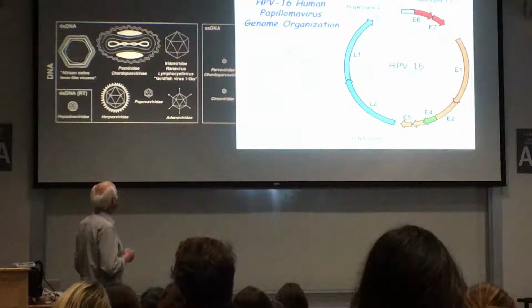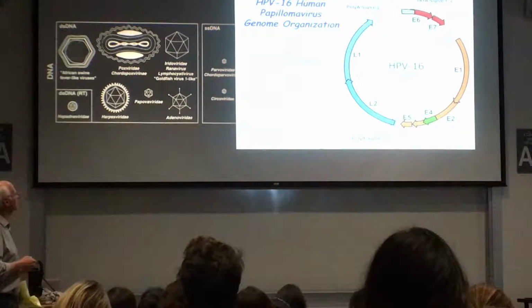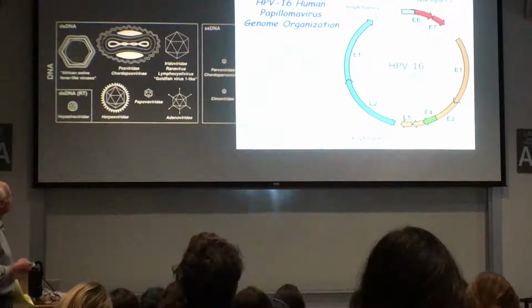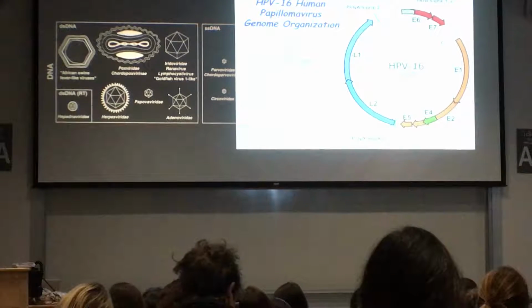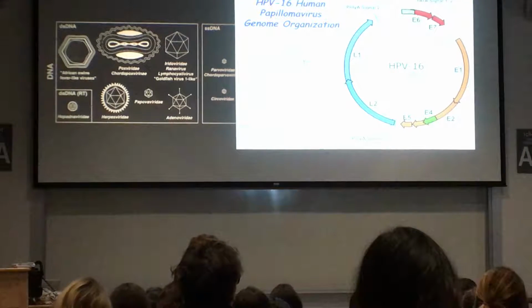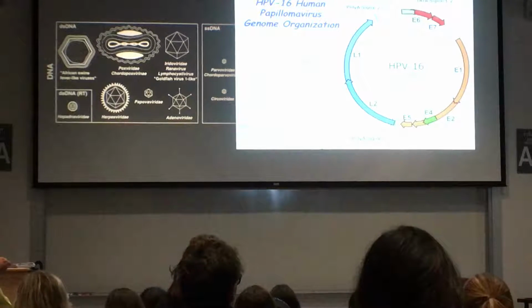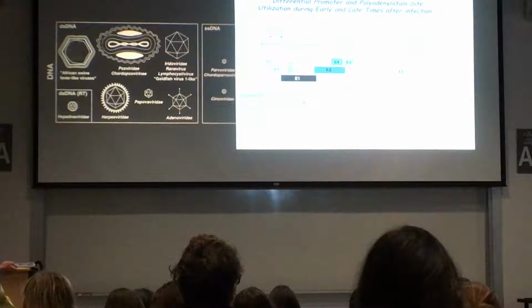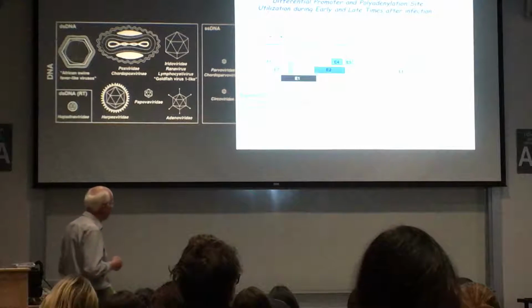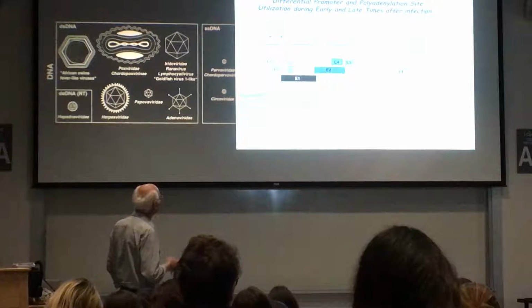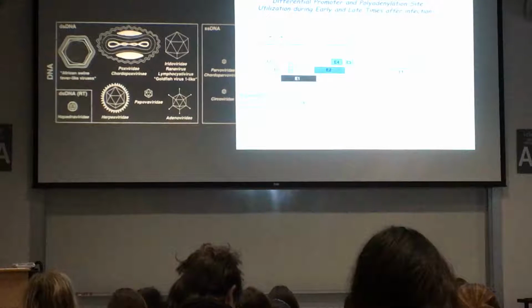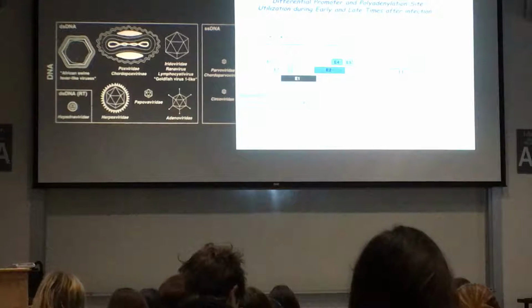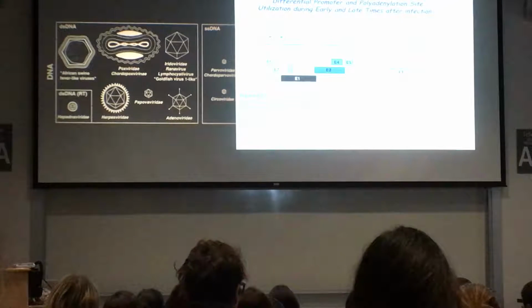And this is figure 1 of your handout that shows the genomic organization in a circular schematic, because our DNA genome is a double-stranded superhelical DNA molecule. But in many texts and presentations, the genome is shown in an open or linear format, and that's why I gave you a figure 4 so you can see it both ways. But again, it depicts our early promoter and early polyadenylation site, and a different promoter and a different polyadenylation site